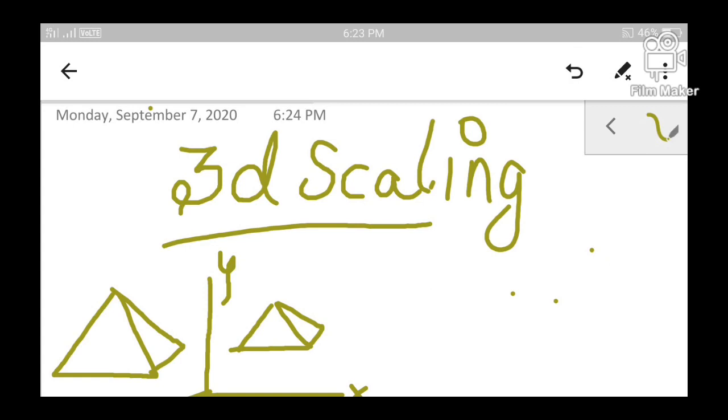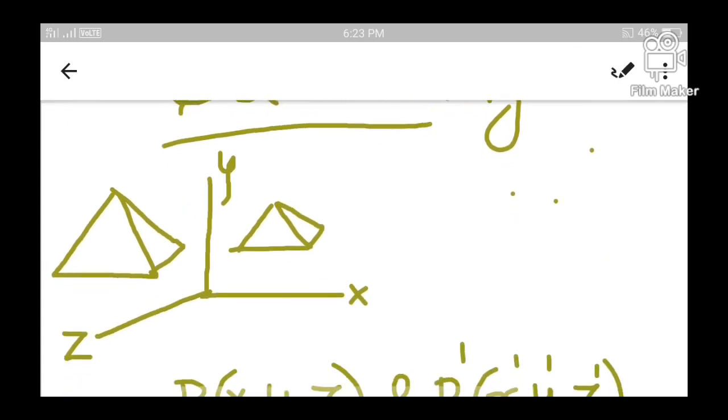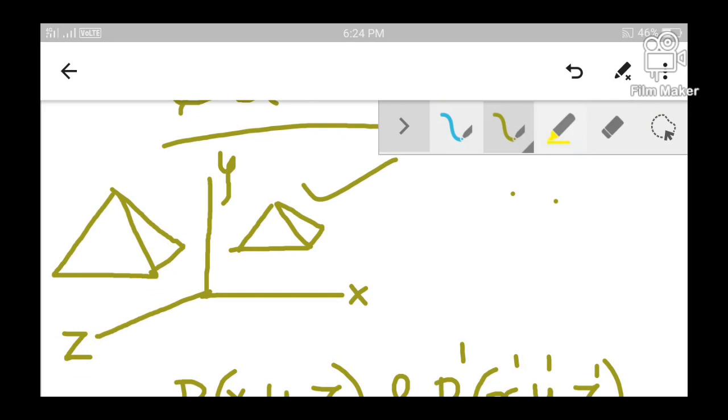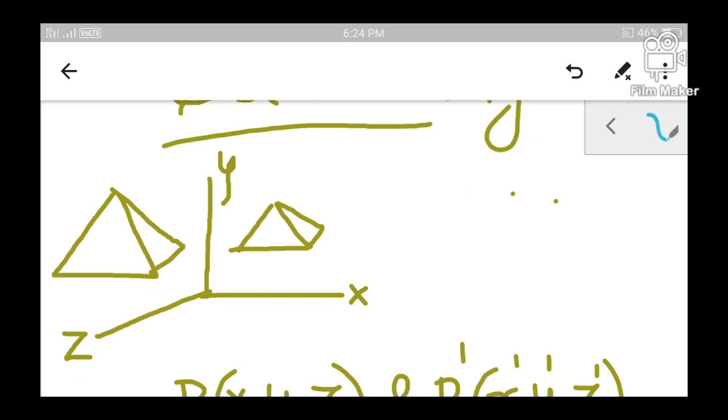So let us consider this figure. Here a three-dimensional space has been given, where we are having three dimensions: x representing the horizontal axis, z representing the depth axis, y representing the vertical axis. So already we are having three different axes, and here I am having a particular object. This object is a three-dimensional object. Clear? So a 3D object is already there in the three-dimensional space.